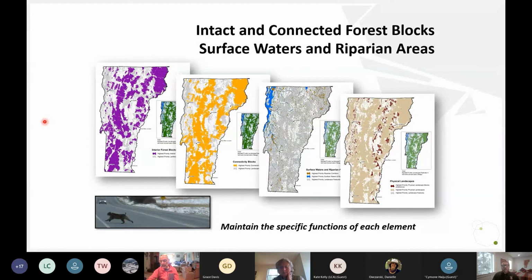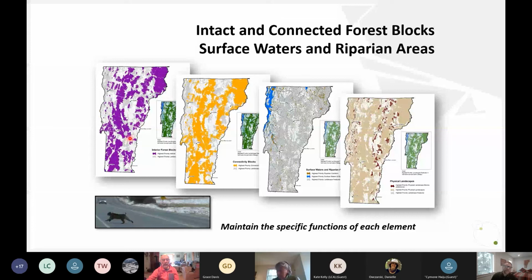ecological world. And I'm going to show you these as separate entities, but I just want to be absolutely clear about how important it is that they interact with one another. The conservation design was built with the interaction of these different components as a core function of how we developed it. But let me just tell you a little bit more about what I'm talking about here.